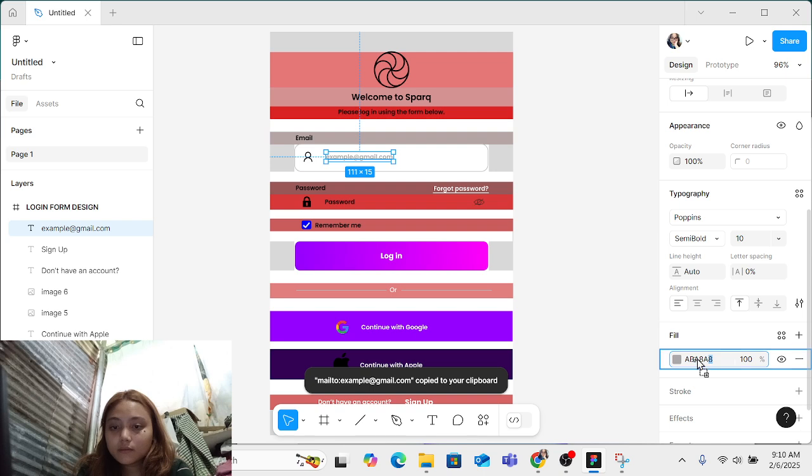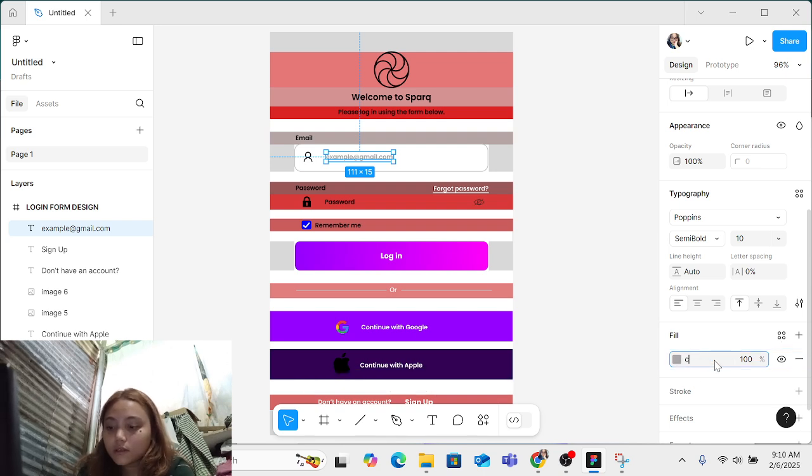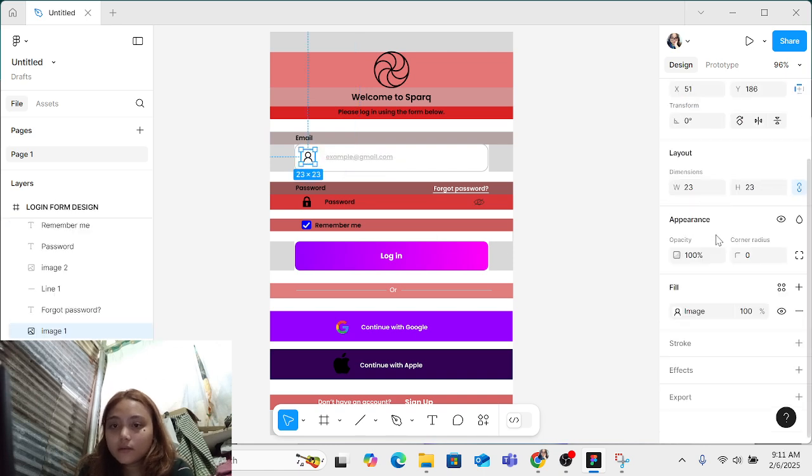Just type that, since I don't know what to type. C4, C1, C1. Okay. Then there, same as, let's just change the opacity, something like that.